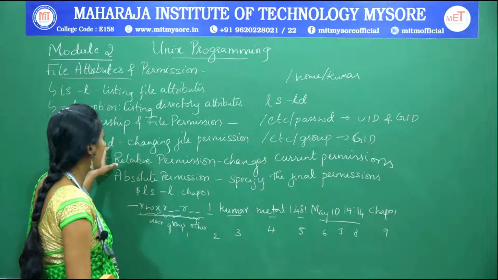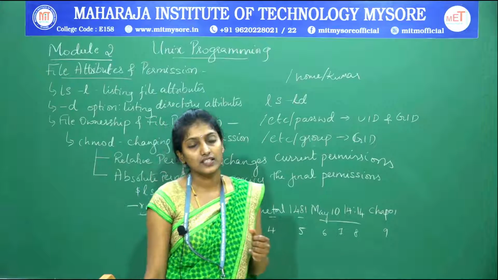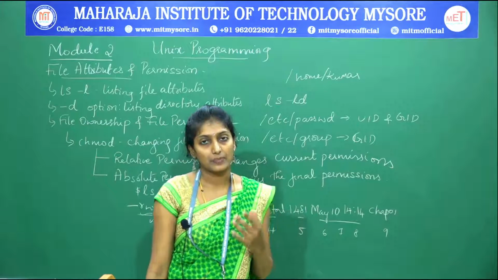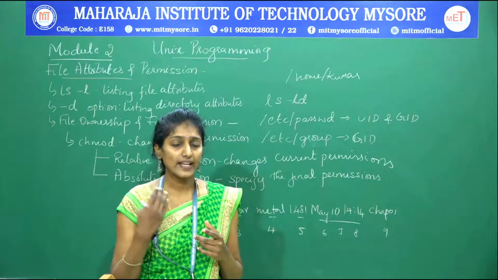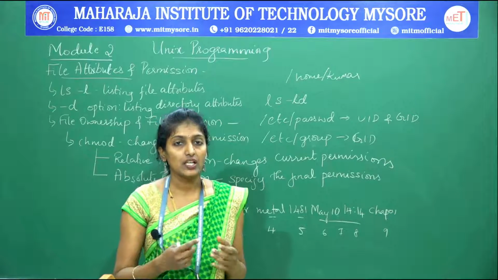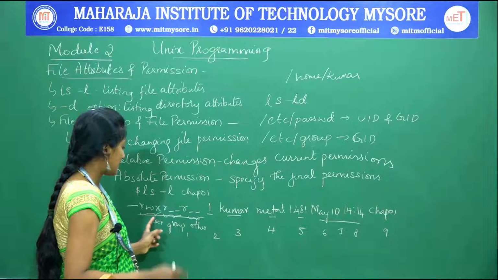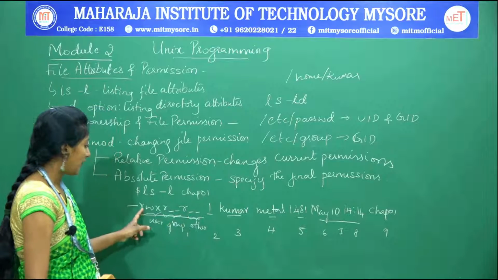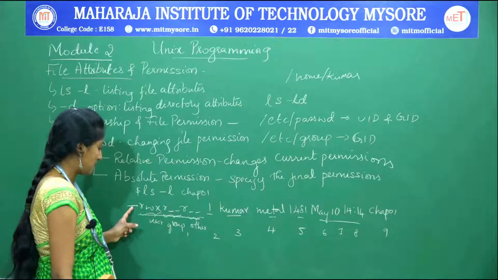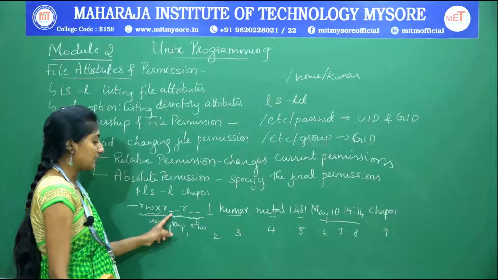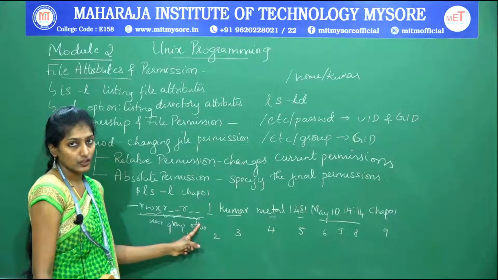Next is what we had discussed with the file permission. In the previous session, we discussed that while assigning any file permission, if I consider this, as you can see here, the first column of the output displays the file type and the permission of that particular file assigned for 3 categories of user.